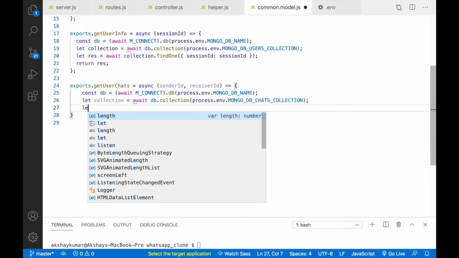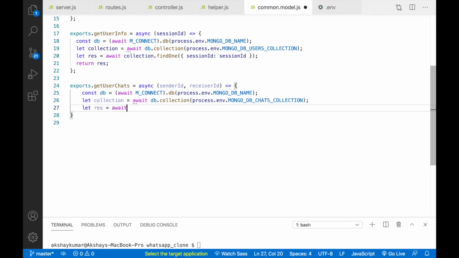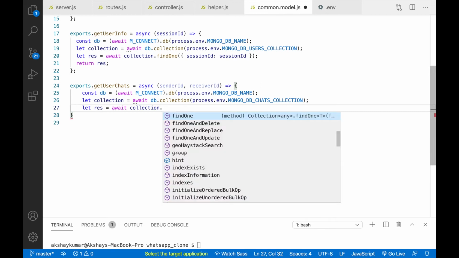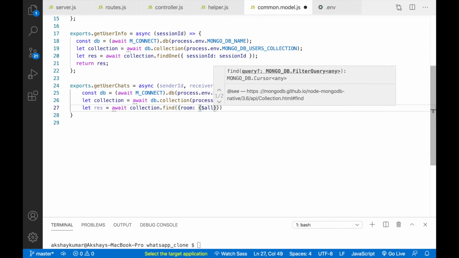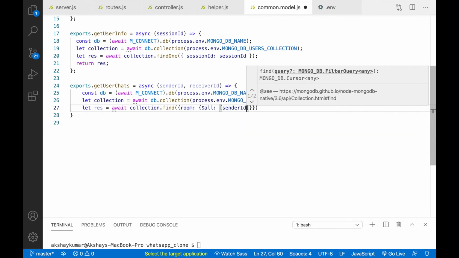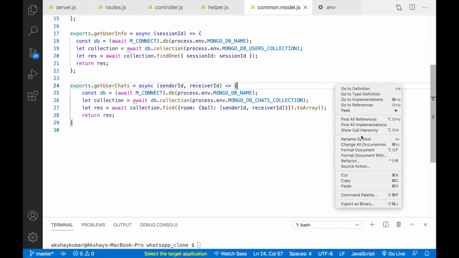After this we'll just write let res = await collection.find. Here we'll pass room, then we'll get all the rooms which have this sender_id, receiver_id. So this will make sense later. So after this we'll just return response. So this method is also finished.